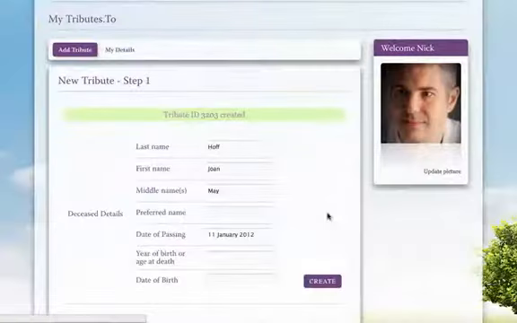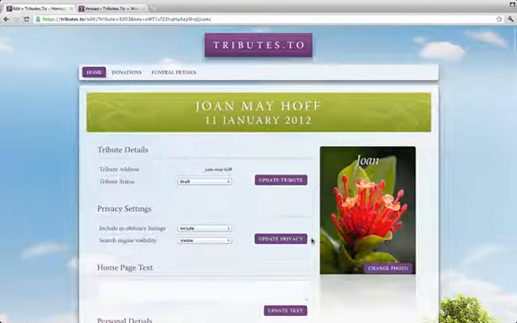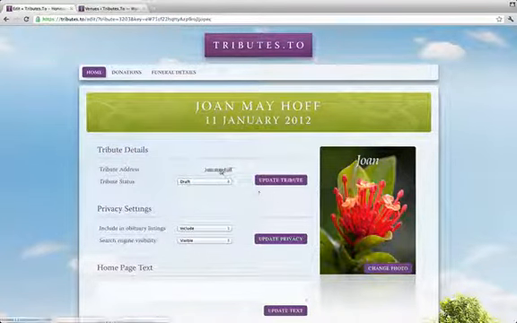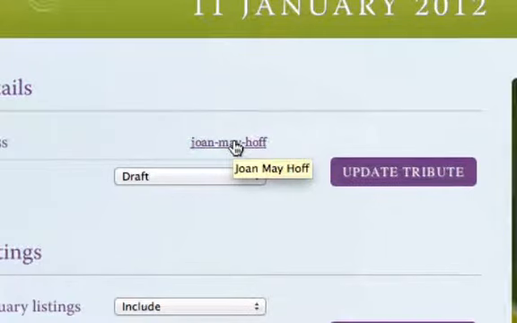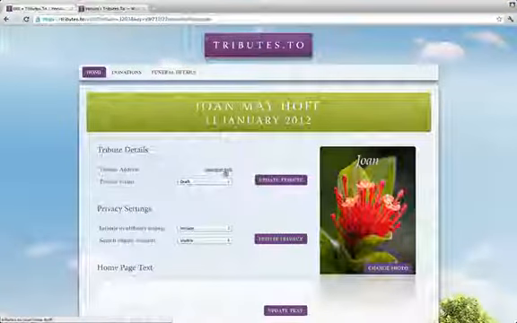Okay, so it tells you a tribute's being created, and then it automatically takes you to the page where you can start to manage the tribute. Okay, so you're automatically taken to this tribute creation, and you can see that an address has been created. If you click on that, you can actually go and see that this tribute's being created. It will open up in a new window,